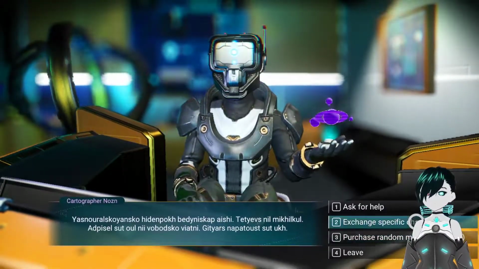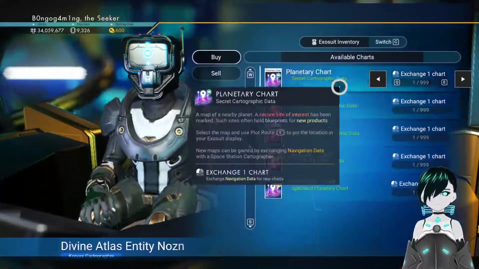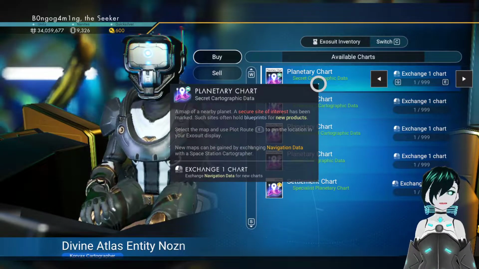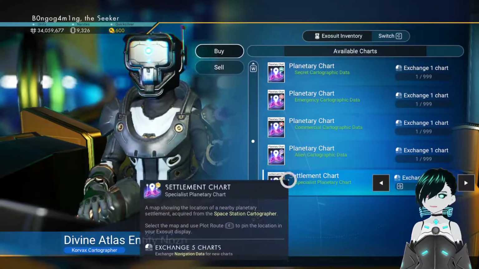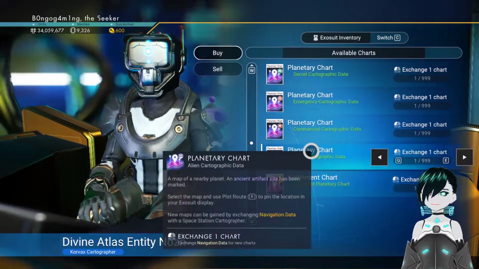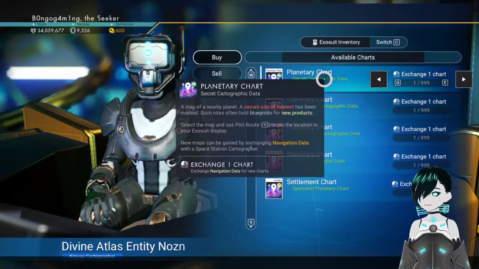You go to exchange specific charts. He'll give you a bit of a vendor area, and he deals with navigation data. So you can either spend one navigation data to buy a specific planetary chart, or in this case 5 for the settlement chart. And yeah, the ones that you want to find are